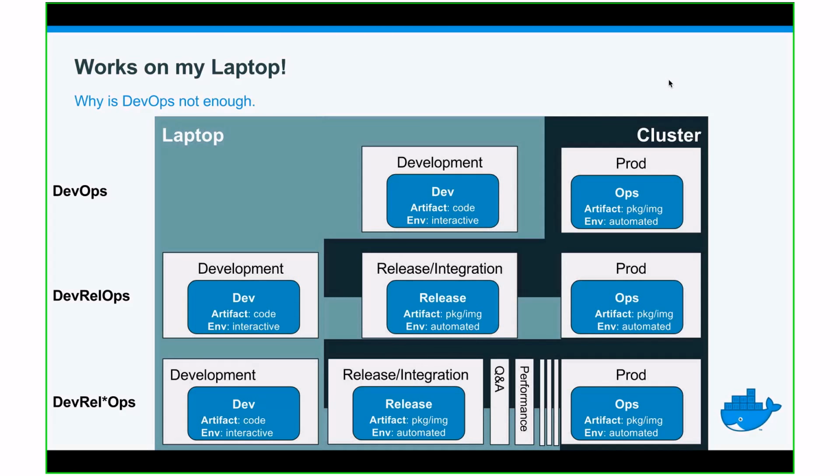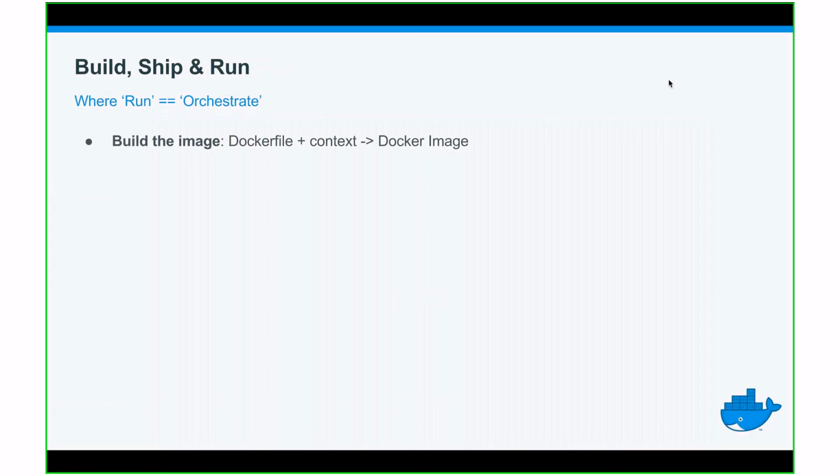Prod you cannot do on your laptop, right? But you should be able to redo everything that's done until it gets to prod, so that you can redo and learn what the QA has found, and redo this test on your local laptop, so that you can improve your code and then see if it would pass the QA test. So that's a dream, right? That's the ideal. And we have this phrase build, ship, and run, where run, I think, is more orchestrate, but that's up to marketing to decide, I think.